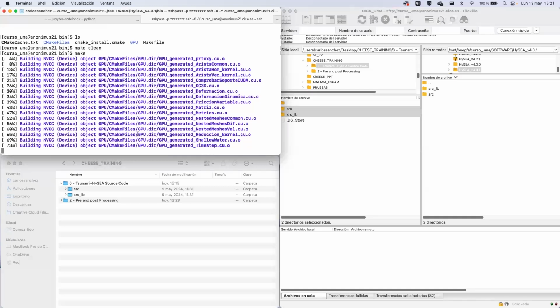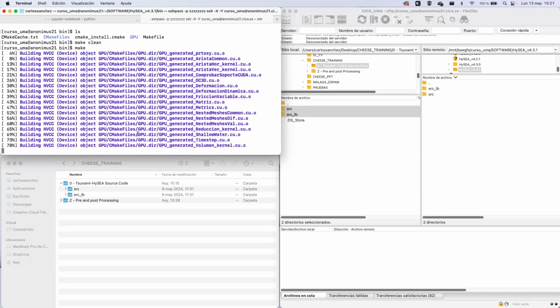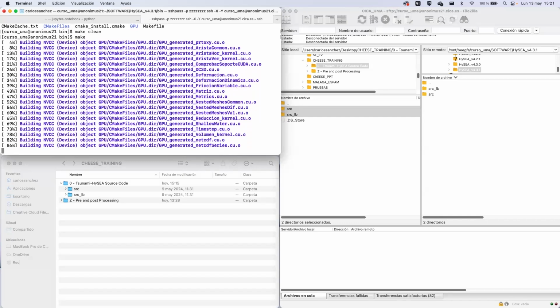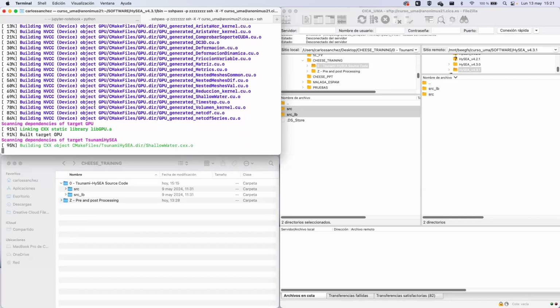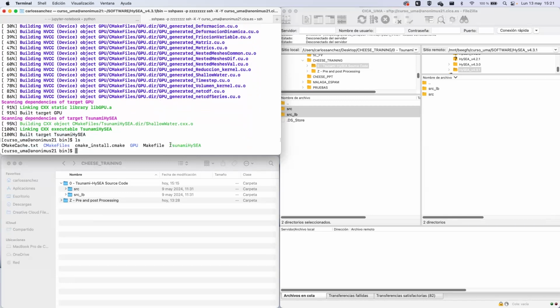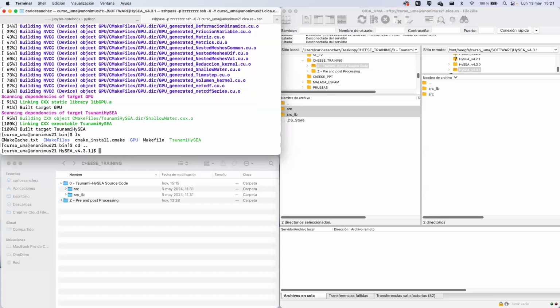And at the end, we should have in our bin folder the executable of Tsunami-HySEA. Let's wait for a while. It takes a bit. Okay. So at the end, after 100%, we have just built the Tsunami-HySEA executable that is here. Okay. It's very easy. And the other thing is to move to the bin